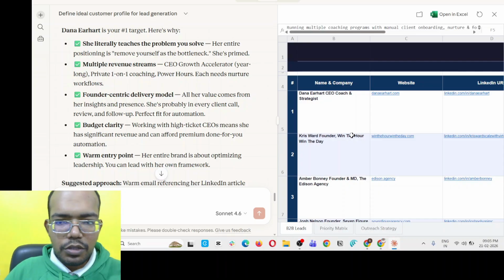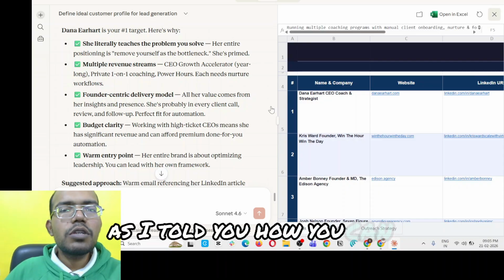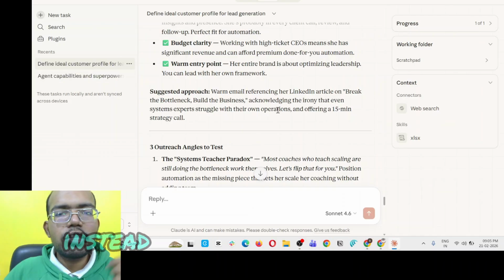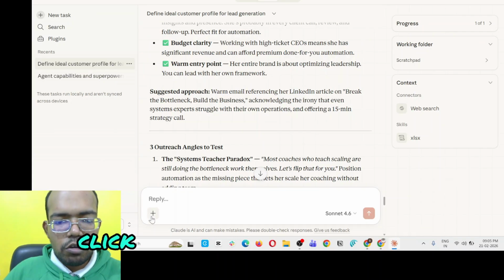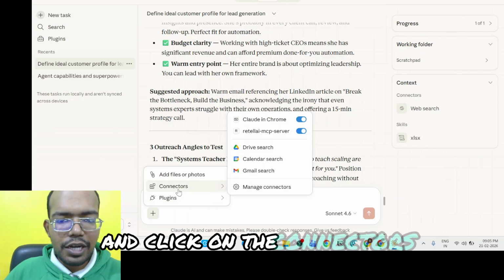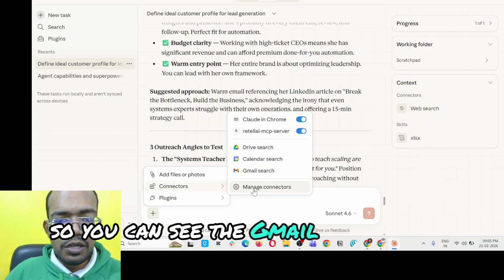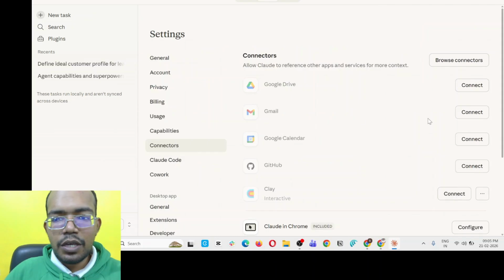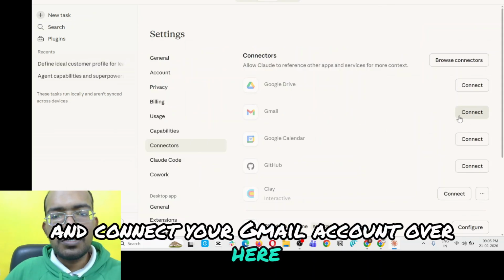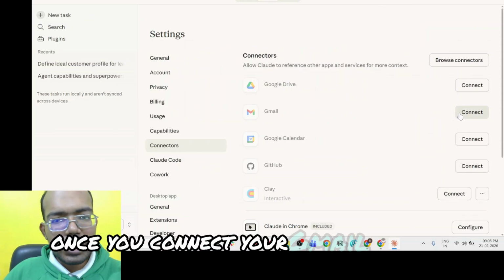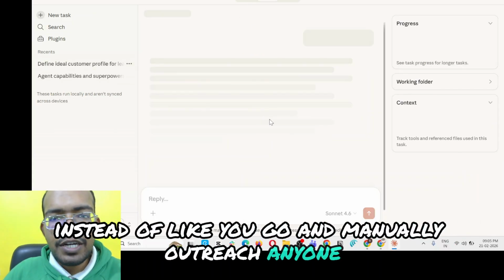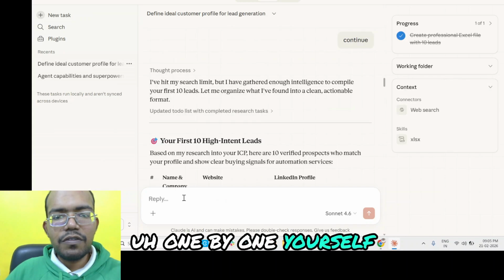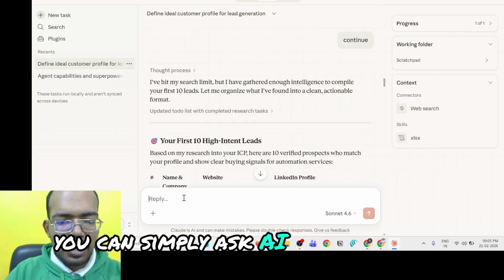So you can see I got a list of a lot of people over here, and now I can simply outreach to them. Now, as I told you, how can you automatically outreach, instead of doing it manually? Let me show you. Click on the plus icon over here and click on connectors. So you can see Gmail. Click on manage connector and connect your Gmail account over here. Now, what will happen once you connect your Gmail account? Instead of manually reaching out to anyone one by one yourself, you can simply ask AI over here